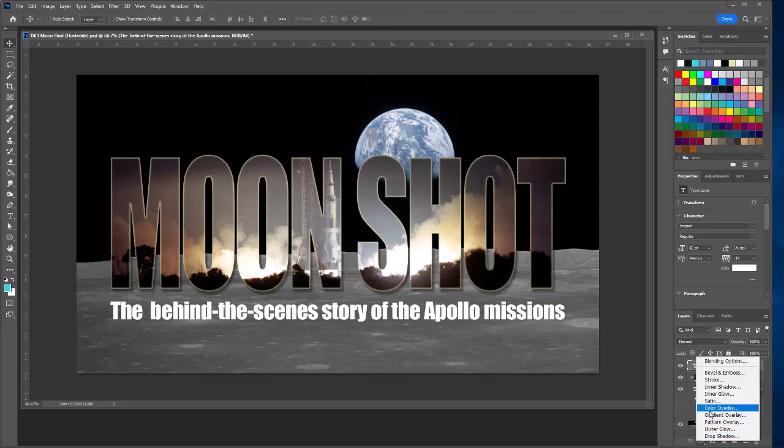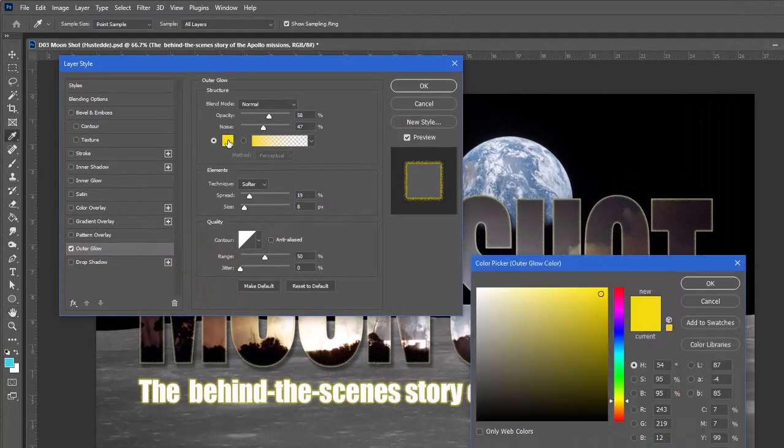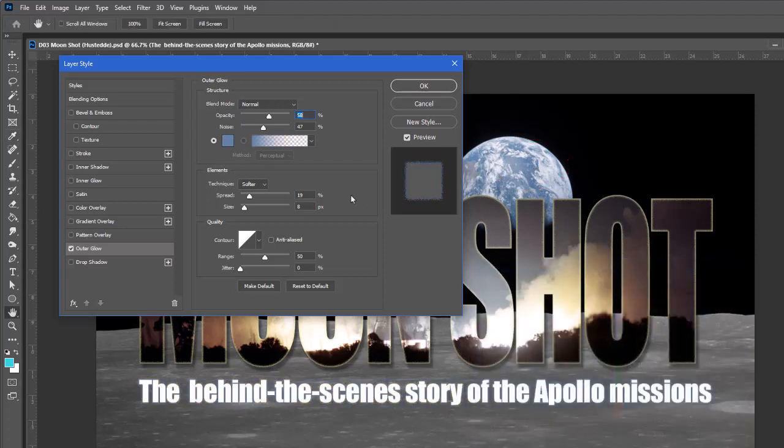And here I'm going to use an outer glow. And I'm going to click on the color swatch. I'm going to come in and just get one of the darker blues in my Earth image. I'm going to bring the opacity up to about 75%. Let's bring the noise down to about